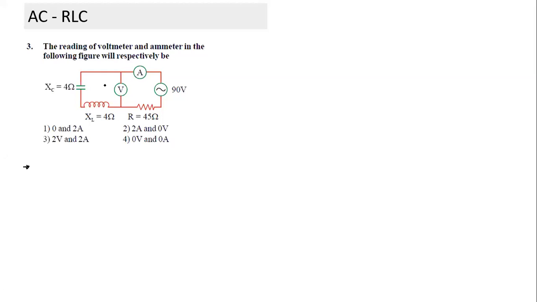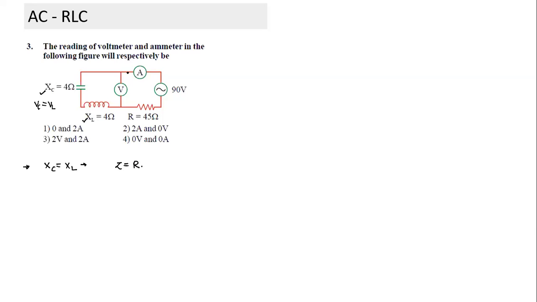Because the phasor sum would be 0. Whenever XC is equal to XL, VC will be equal to VL, and the opposite phasor sum of VC and VL will be 0. So the first thing you should notice: if XL is equal to XC, it implies VL is equal to VC. When I draw the phasor, they will be equal and opposite. The phasor sum of these two will become 0. If XC is equal to XL, it means Z is equal to R.